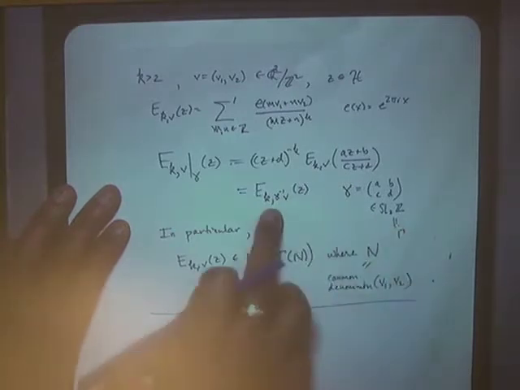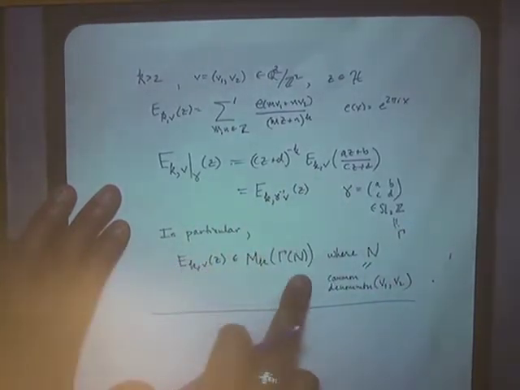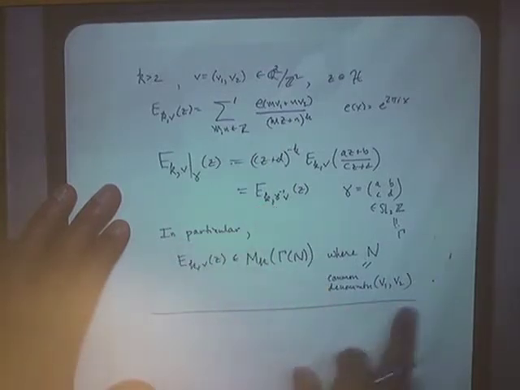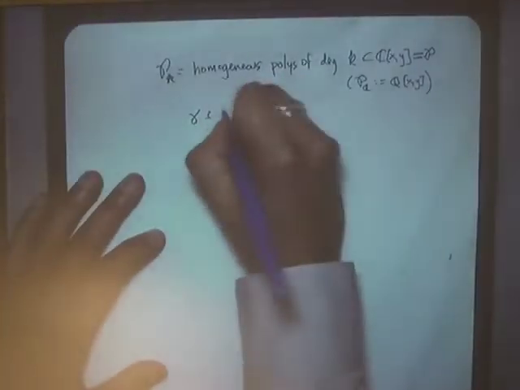So this is true for all gamma in SL2Z, and in particular if my matrix gamma is in gamma of n, where n is the least common denominator, then gamma inverse of V is congruent to V, so it's actually invariant and you get a modular form. But in general, if you have a general matrix of SL2Z, it just permutes these various EKVs around for the various V. Okay. So now if I have gamma in SL2Z,